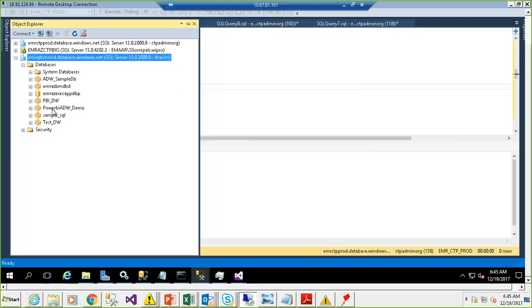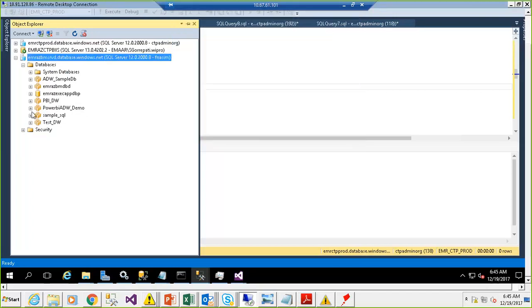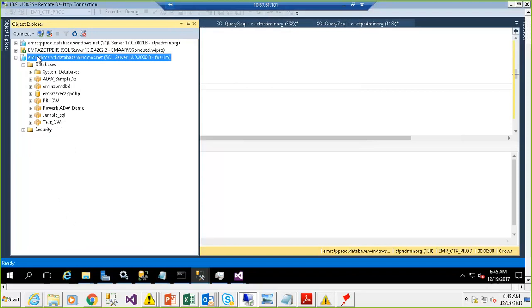Once you are done with your installation, you are going to get this management studio. Then you can connect to the server that you created by providing the server name, username and password. Once you connect, you are able to see the databases or data warehouses that you created. That is the first thing: the Azure data warehouse is created, and you will be able to access it from your SSMS. And now,